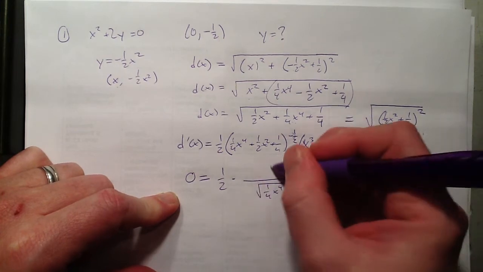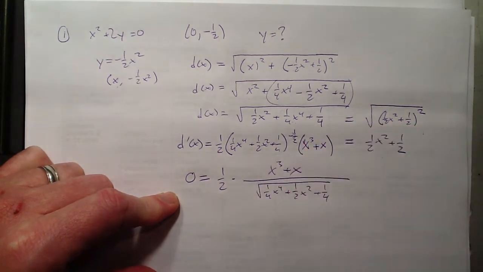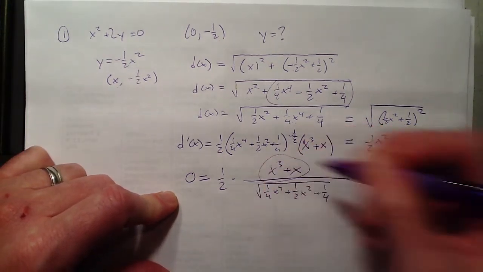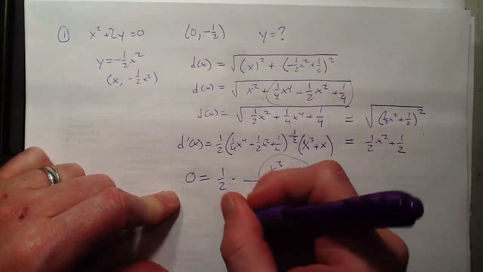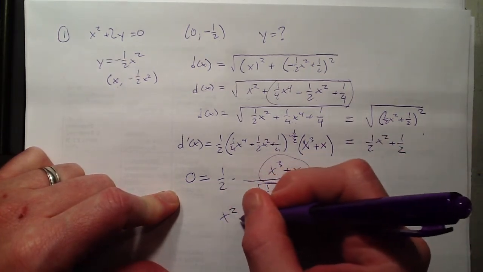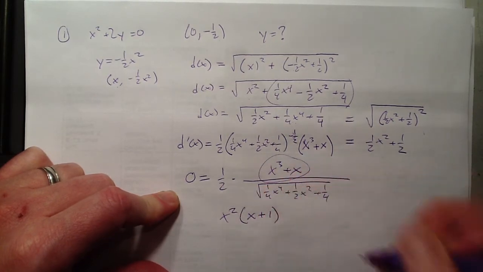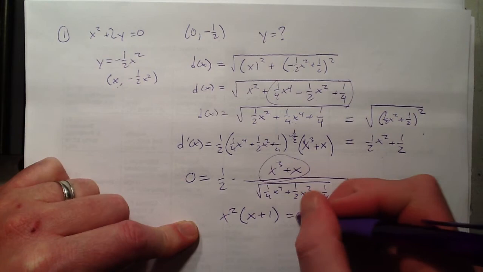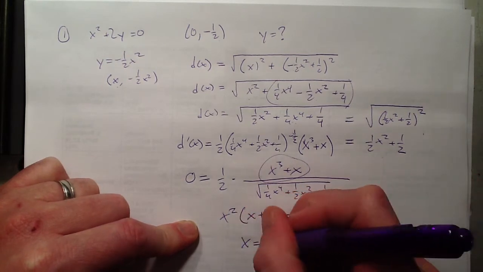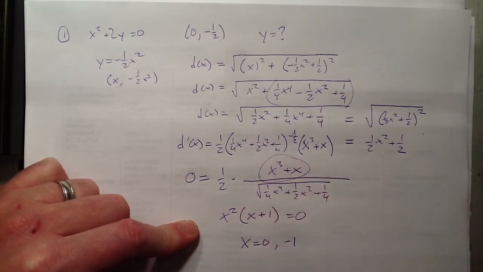It's the top being equal to 0 that makes it equal to 0. So I need to set that equal to 0. So x cubed plus x is x times x squared plus 1. That happens at x equals 0, x equals -1, and